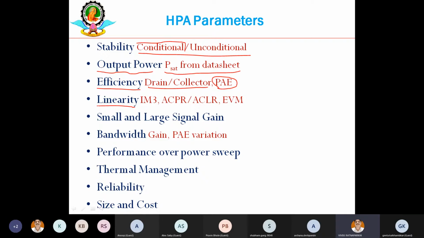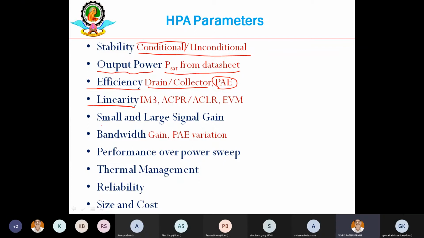So that power amplifier is not so good in terms of efficiency. Similarly, there is linearity. As in the case of an LNA, we have a trade-off between noise figure and gain. For a power amplifier, we have a trade-off between efficiency and linearity. So we have to compromise. Either we go for highly efficient PAs, or we go for linearity-based PAs. I will talk about this at the end of our session if some of you are interested.